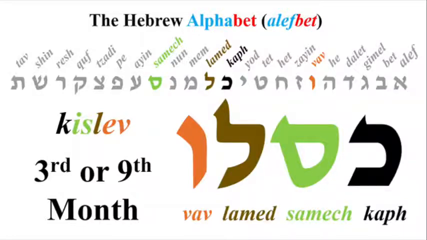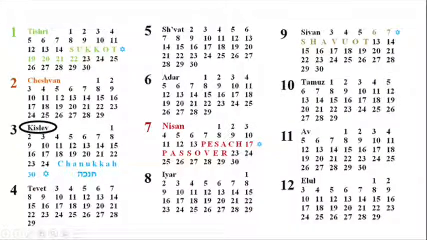Here's the original calendar that was in the beginning. God created the heavens and the earth on Tishri 1. Remember, Tishri 1 would have been on a Sunday that year that was created. But if that's the case, if Tishri is the 1st month, Kislev is the 3rd month. At some point, God made Nisan the 1st month, and when that happened, Tishri became the 7th, Kislev became the 9th month,